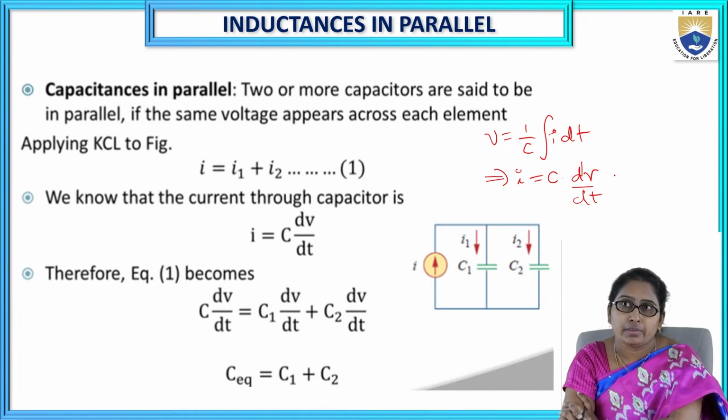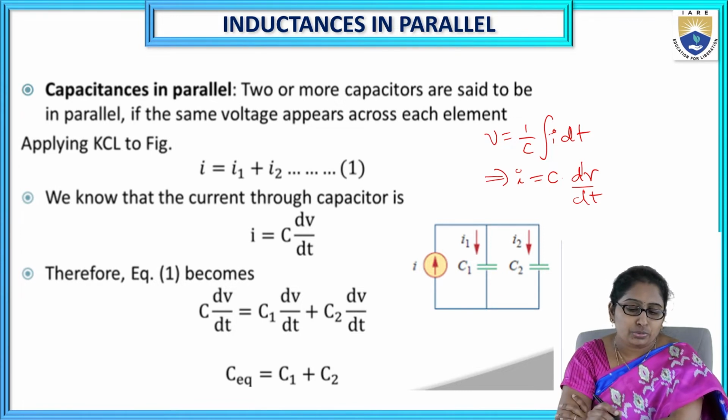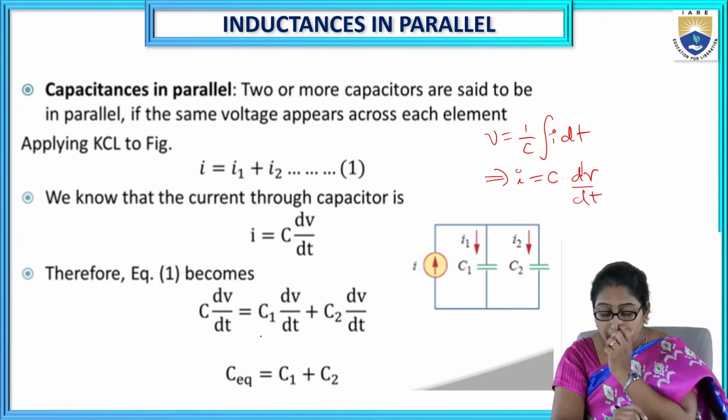So the current is given by, based on that, I equals C into dV by dt. Now write down the current for capacitor 1 and capacitor 2. So I1 is given by C1 into dV by dt, and I2 is given by C2 into dV by dt, and the total current I is given by